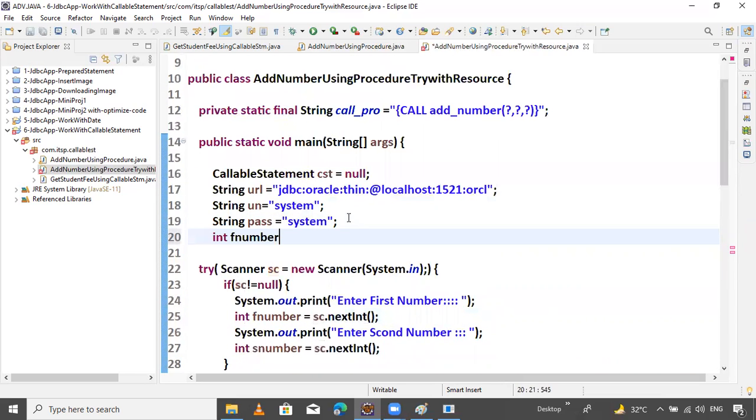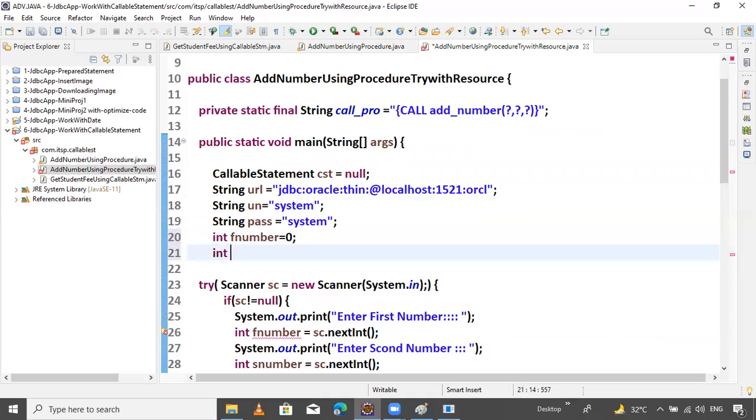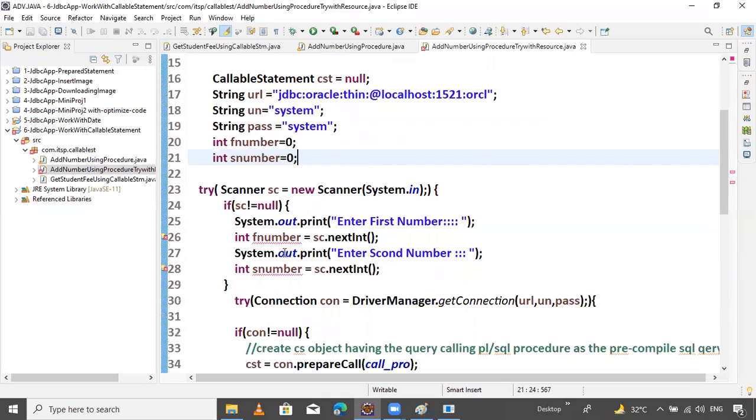Now here declare it equal to 0. That's it. Int second number, that's it, 0. Any answer? So now int is not required here. Now the error has gone.